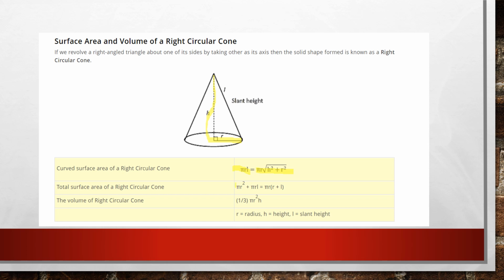Total surface area is pi r square plus pi r l. You have to learn all these formulas so that you can do the solutions easily. If the formula is not known to us, then you cannot solve the question. Okay, some problem will be there. Now see, the volume will be 1/3 of pi r square h. Now the terms are known to you: l is the slant height, h is the height, and r is the radius. So learn this formula, then only you can solve your exercise, that is chapter 13.